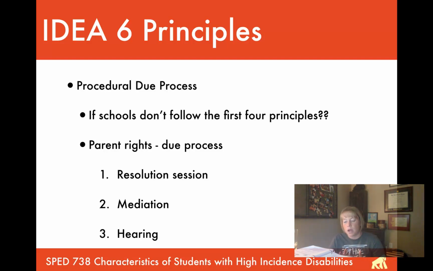So it's kind of like a trial where you have some kind of impartial hearing officer. The state identifies who those folks are, and the school comes in. They can have an attorney. The parents come in, they have an attorney, and you kind of go through this cross-examination of witnesses, very much like a typical hearing. And then that hearing officer will make a decision, okay? Parents and the LEA can also even, if they're not happy with the hearing officer's decision, appeal that to the state or federal level.